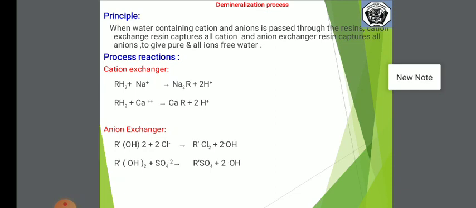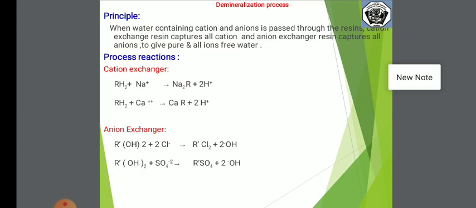In this process, ion exchange resins are used as a softener. Ion exchange resins are insoluble, cross-linked, long-chain organic polymers with a microporous structure. Functional groups attached to the polymer chain are responsible for the ion exchanging property. In this process, two types of synthetic ion exchange resins are used. The first one is cation exchange resin, also called a cation exchanger. Similarly, the second is anion exchange resin, called an anion exchanger.